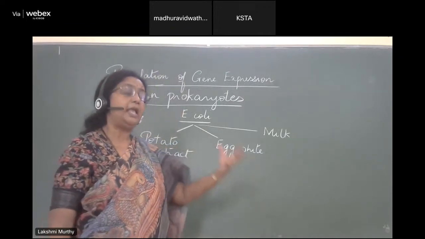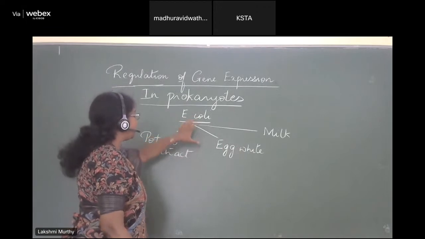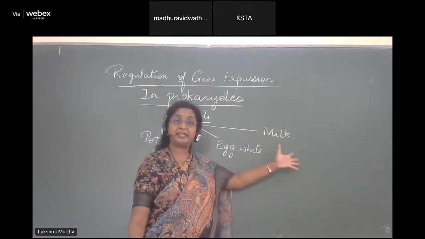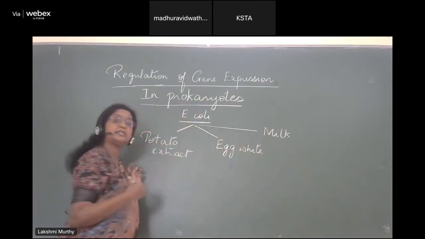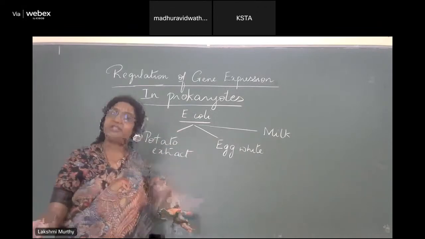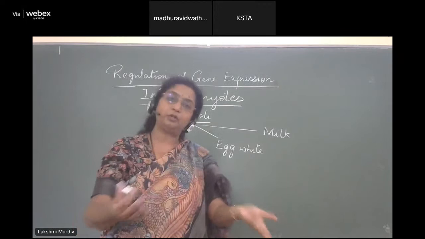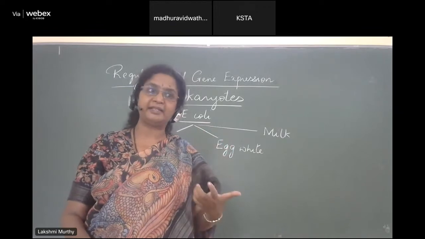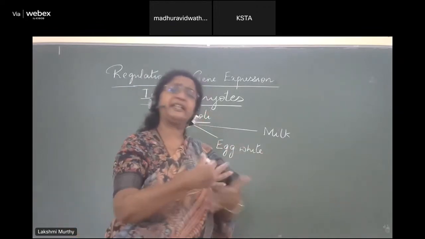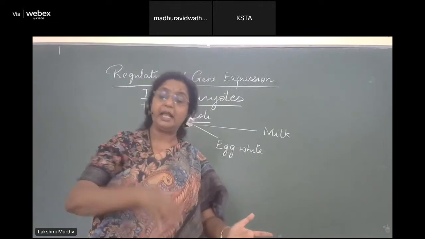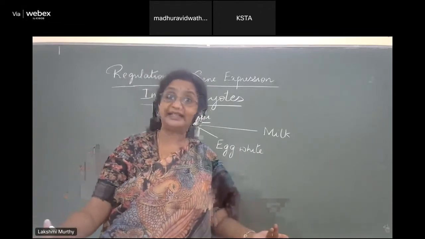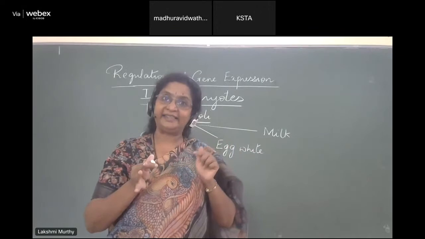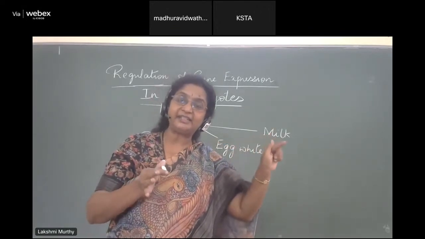Now what's going to happen is, let us say E. coli continues to make starch digesting enzymes or protein digesting enzymes or lactose digesting enzymes, and it doesn't even come in contact with certain specific substrates, then it's a wasteful process. All the ATP went to waste because we are not going to use those enzymes, which means E. coli should be in a position to understand that, I am not getting this amino acid, I need to make this amino acid. I am not getting lactose, so I don't have to make lactase. You understand? So it has to take that decision based on the environment and thereby regulate the genes necessary for